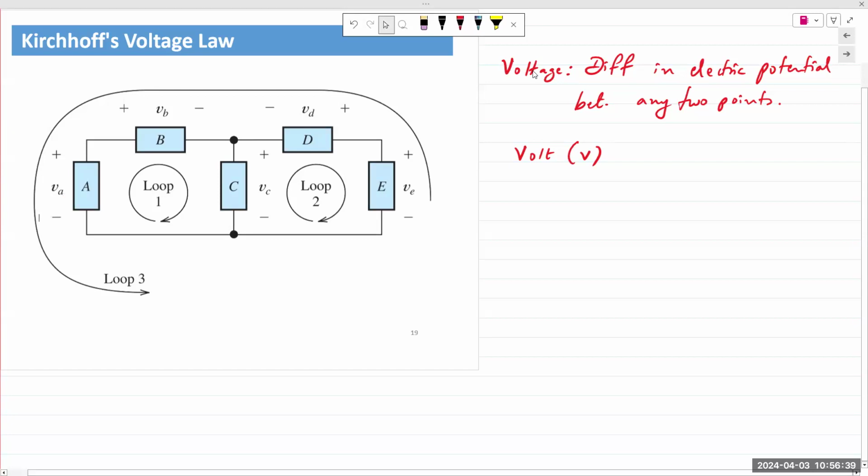The plus and minus sign indicates the polarity of the voltage. All it is indicating is which end of that component is higher than the other. Plus and minus, intuitively, which one is higher? Plus is the higher. All it is telling you is that the upper end of A is higher than the lower end of A. I'm using upper and lower in the sense that it is physically laid out here.